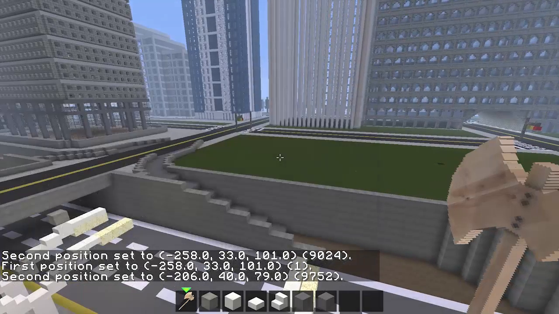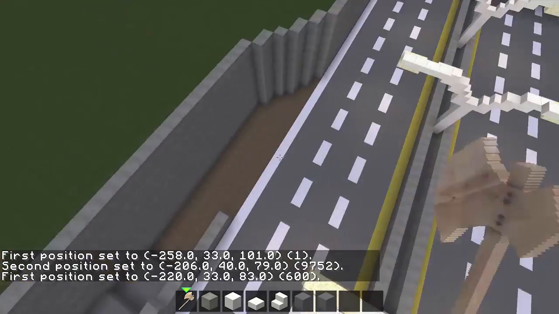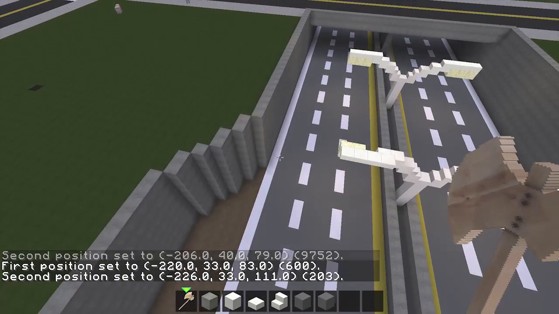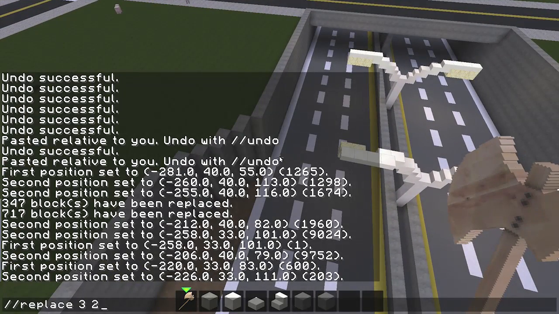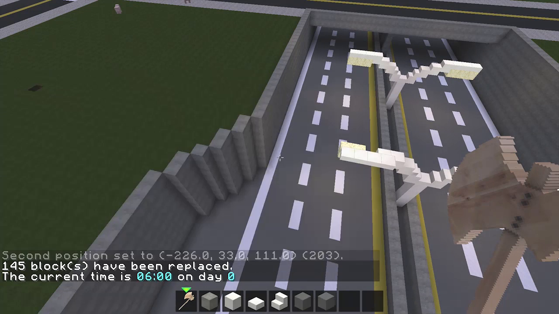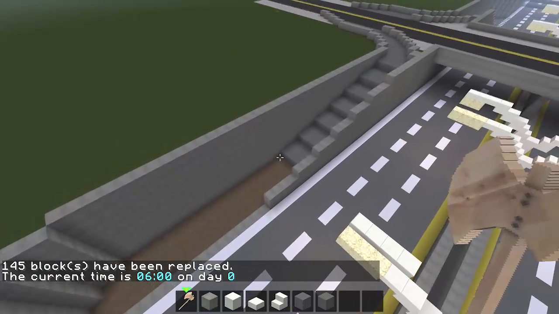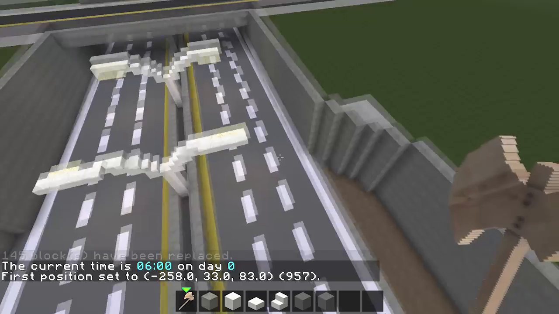We don't want to do that because all that underneath is gray. Let's do this. Boom. Boom. Okay. So, 3 with gray. Let's go time set 0. And let's do the same thing over here, and boom, and